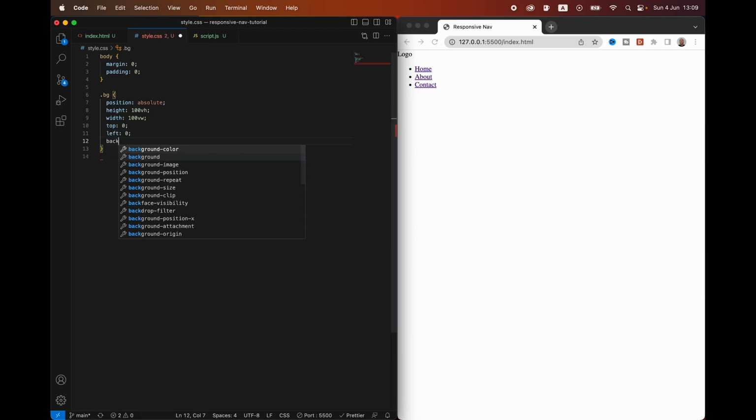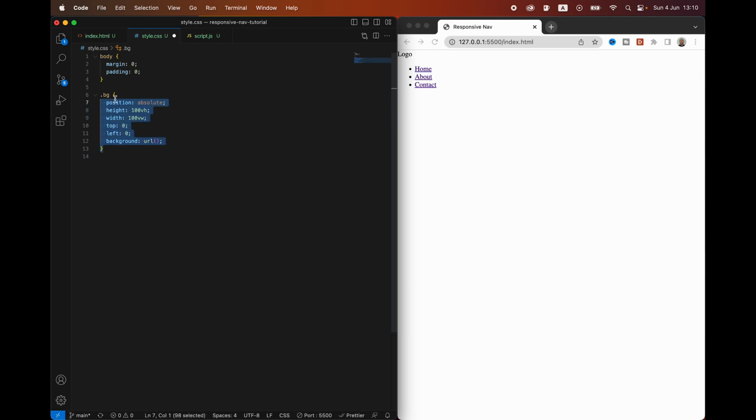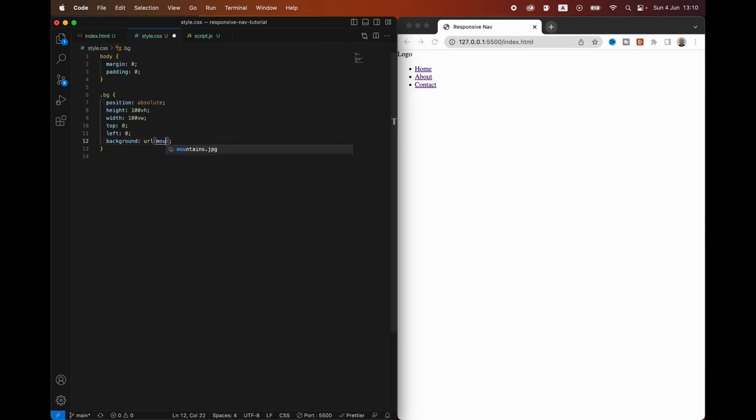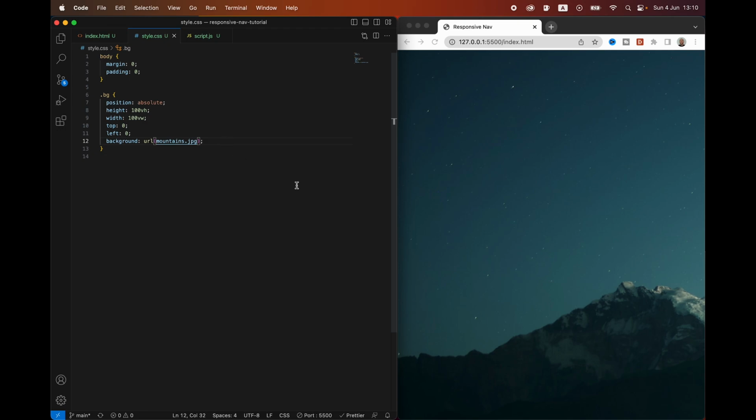Then we're going to set our background image. We're going to set it to URL, and then you can link to any image you want. You can also skip this step if you don't want the background. I already have my image here in my project folder, which you can also find in the repo in the description of this video. So linking to this file, like so. Right now it's covering everything else because it's in front of it, but we're going to fix that